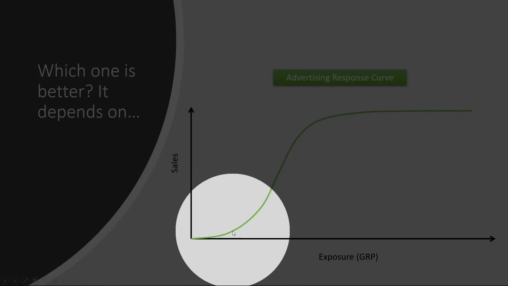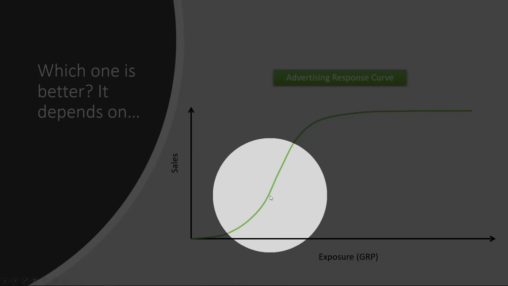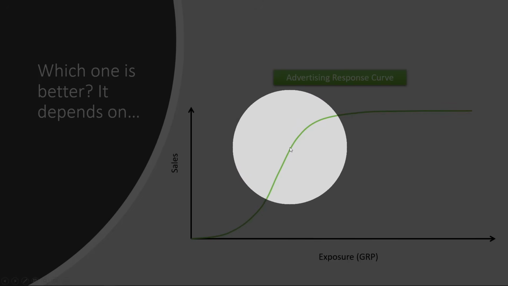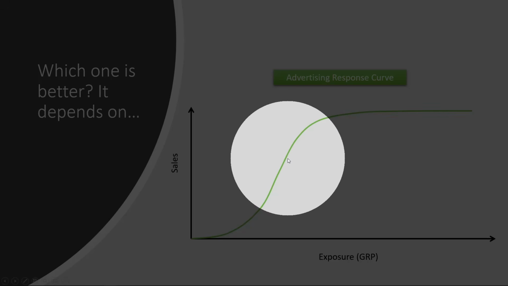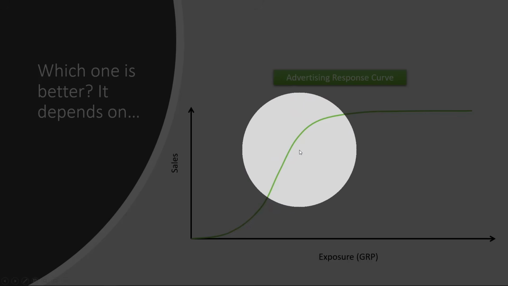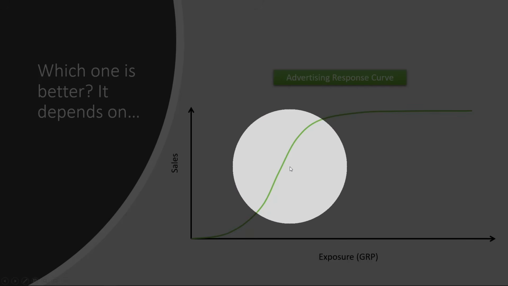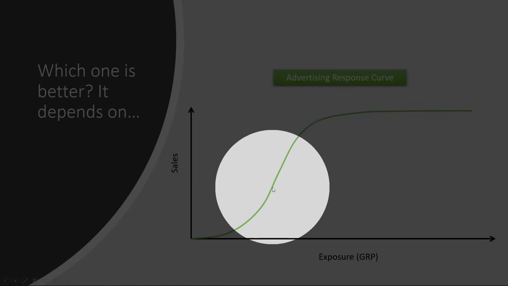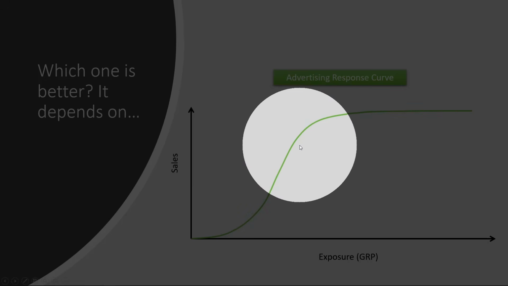And then when people see more of your ads passing a certain sweet spot, you're going to see a lot of response. That is, when you increase advertising spending, when people see more ads, when more people see it, you are going to have a pretty significant increase in sales. So this is the sweet part of advertising. This is where your advertising spending should be in this region.